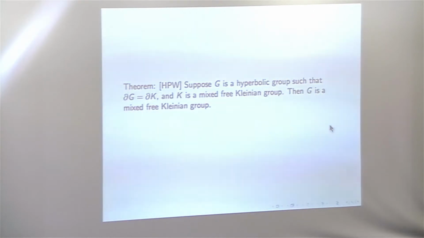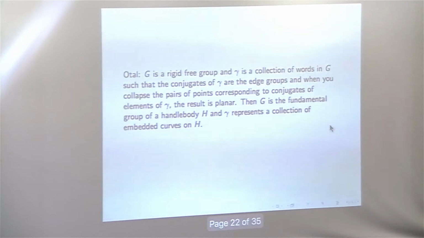Okay, so suppose I have one of these. Then G is a mixed free Kleinian group. How can I tell this? Again, I can pull off the hanging Fuchsian pieces exactly from Bowditch, so I'm not going to worry about those anymore. I'm only going to worry about the rigid pieces. Okay, so O'Toole has this really amazing theorem that says, and it doesn't have to be rigid,